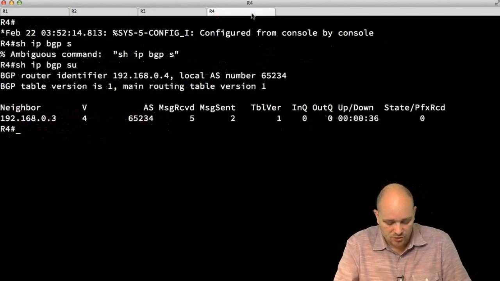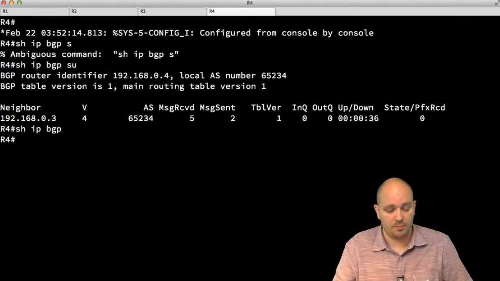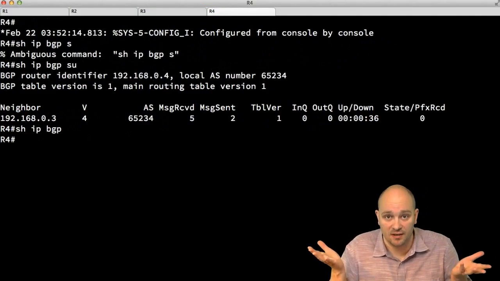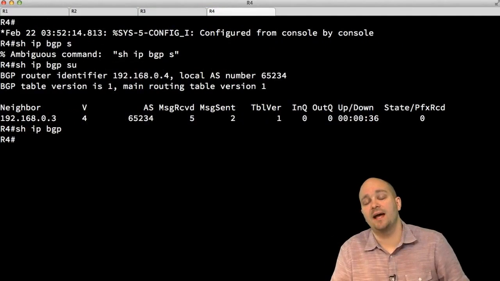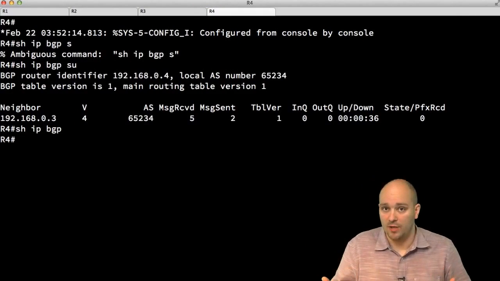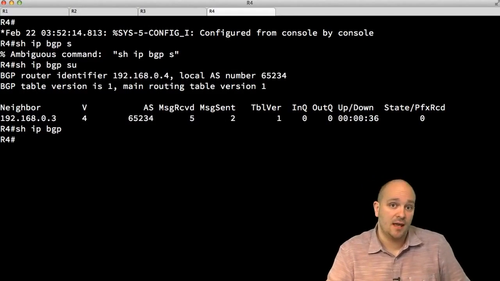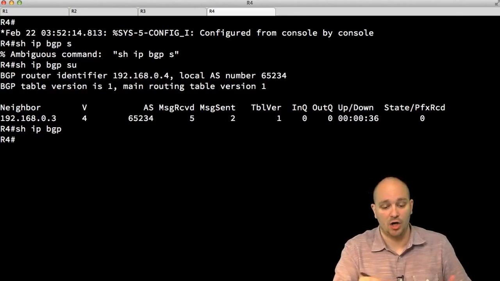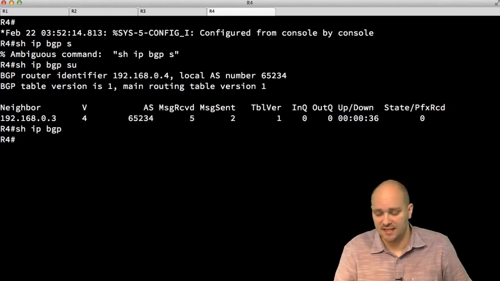And if I go to R4, I'm just going to confirm that. Show IP BGP shows me nothing. How do I then fix this? Well, we said that we can have the full mesh peering between R2 and R4, and that would somewhat address